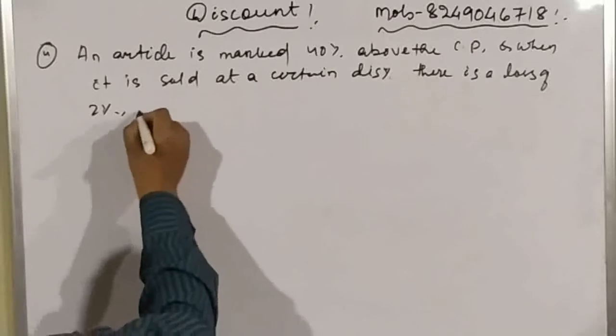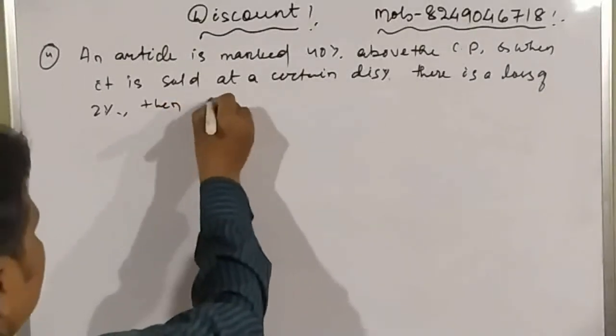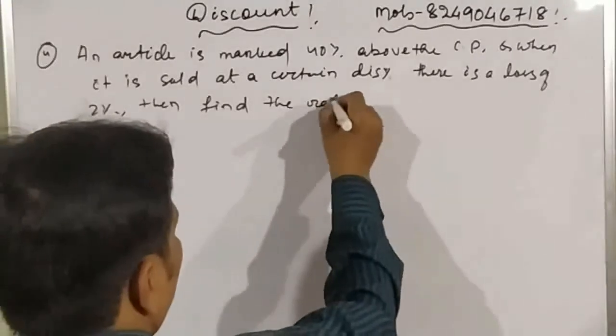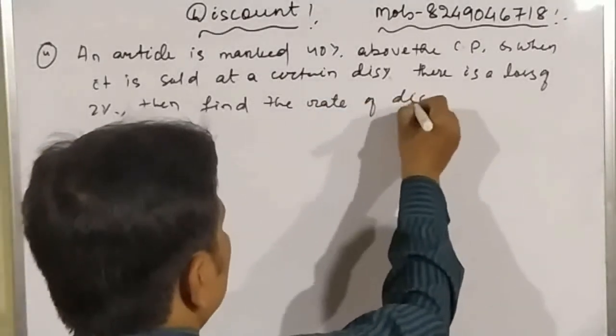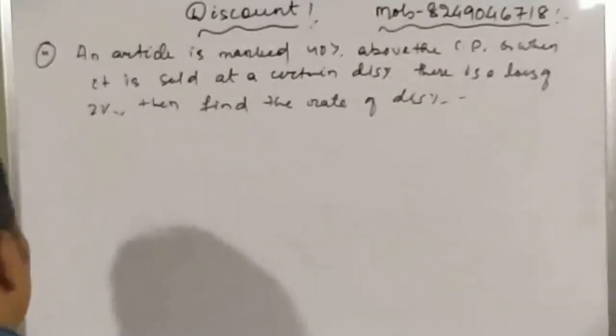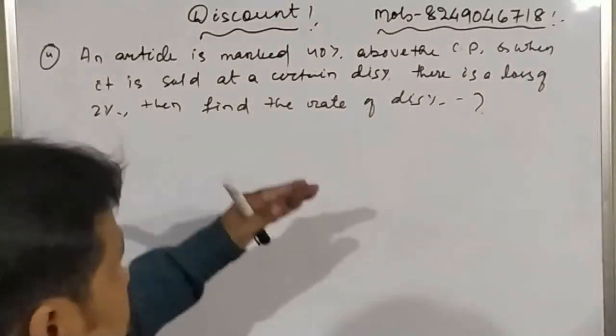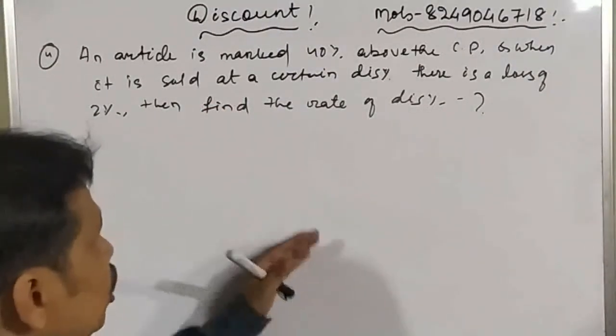Then find the rate of discount. Okay, student. So here the cost price is not given, the mark price is not given,